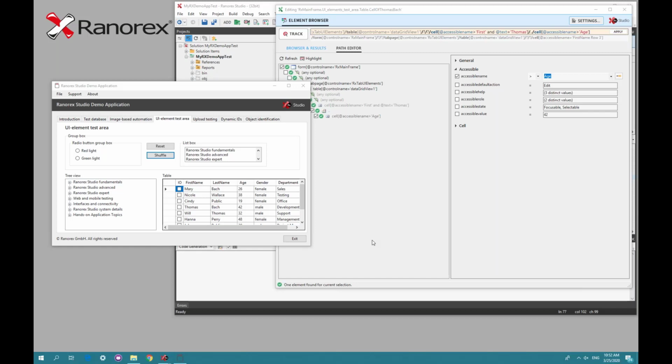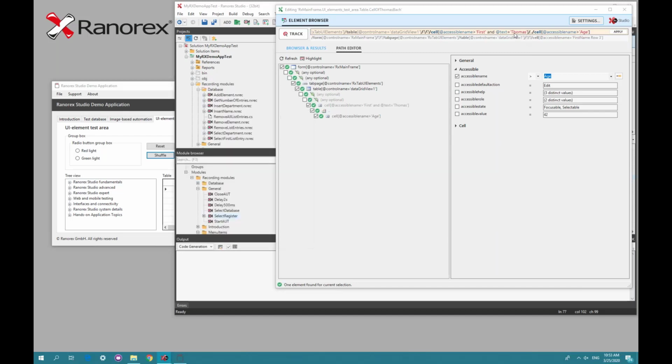show you another going forward, because we don't want to have the age of Thomas Bach specifically, but we would like to scroll through the table and retrieve all the ages of all entries in this table. So this is what we would like to do. So first of all, we need to define a repository item now and parameterize it, because we are not using